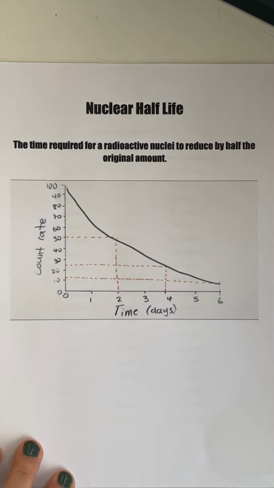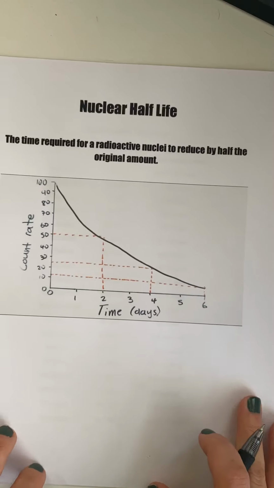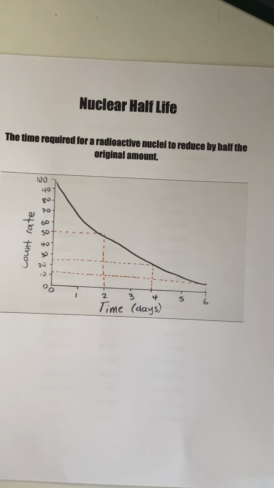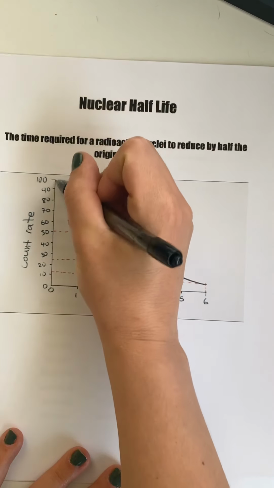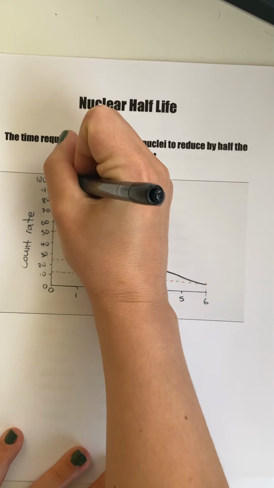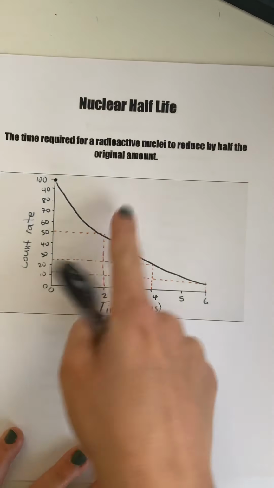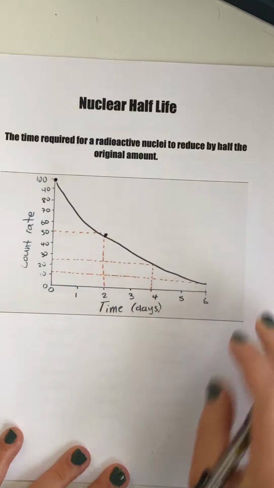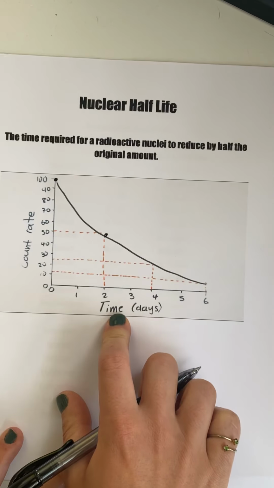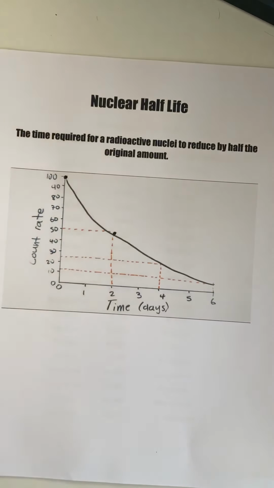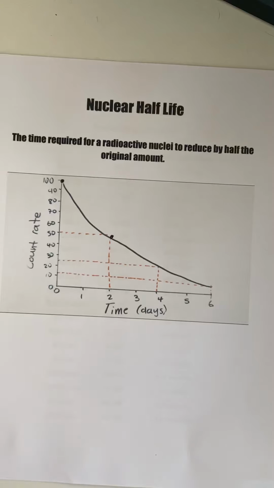So for my visual friends, I do have a graph here. A half-life is pretty much how much time does it take to go from like 100 to 50. So in this case, let's say I start with 100 grams of a sample, and then how much time did it take me to get down to 50? Let's say we have time in days. So the half-life of my sample would be 2 days. In that time frame, half of my original amount was